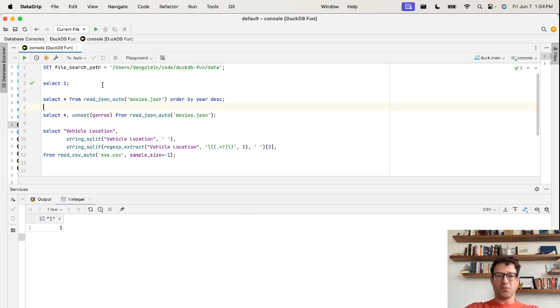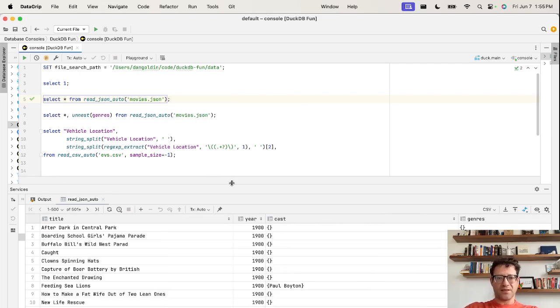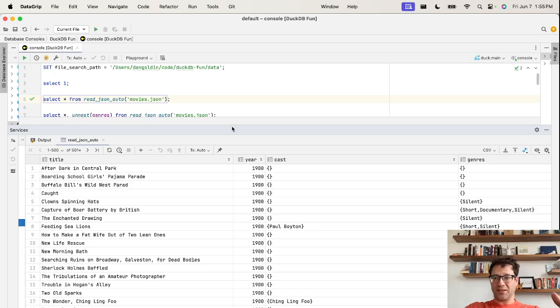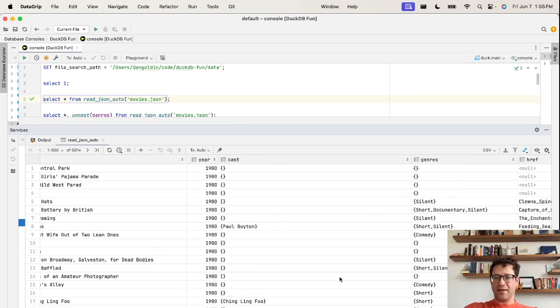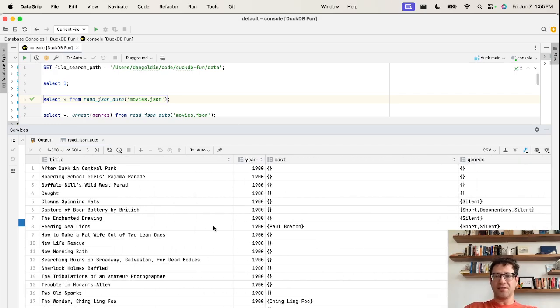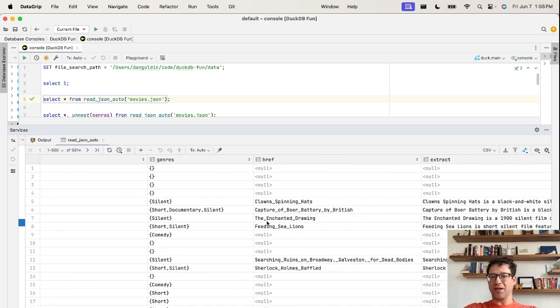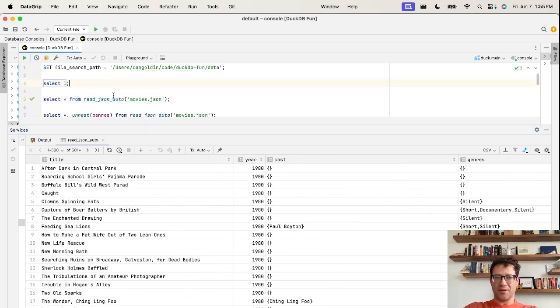So I do a select one, and another really cool benefit here is you do select star from read JSON auto, movies.json order by year, right? Or let's say without even that, you could have something like this. In this case, I'm saying it just reads that file, and the other thing it automatically did was take each of the keys and create them as columns. That's, in my mind, really cool, being able to see something like this, because I didn't create any table at all. It's operating straight up on